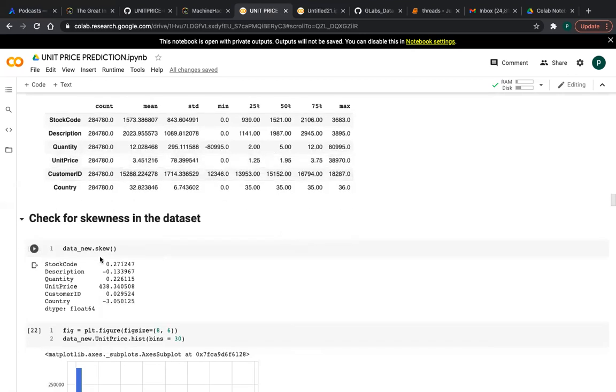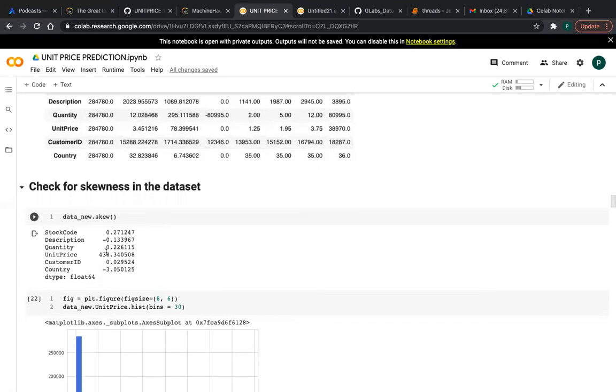So this is the syntax for checking the skewness. This is my variable name after removing the irrelevant columns, friends, and this is skew to check the skewness. So what is skewness? The formula of skewness is 3 times (mean minus median) divided by standard deviation. Why are we dividing by the standard deviation?